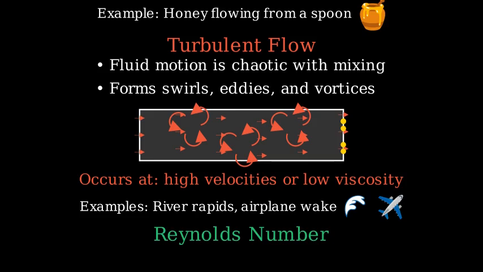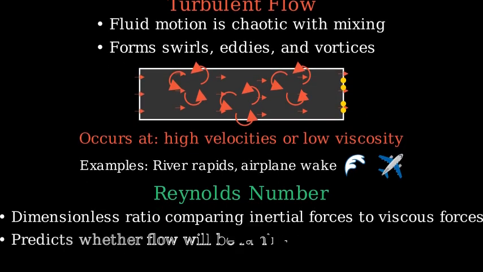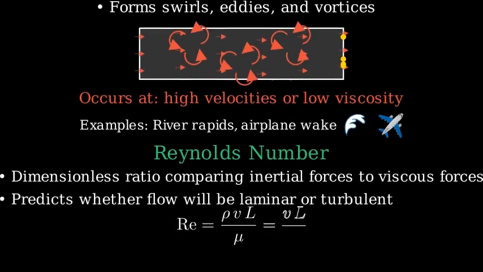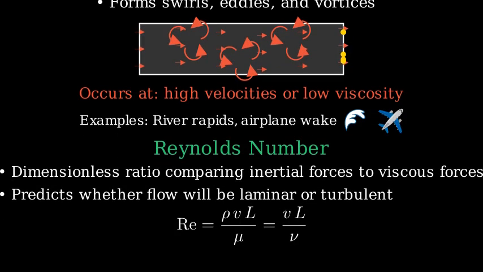So, how do we predict whether flow will be streamlined or turbulent? This is where the Reynolds number comes in. The Reynolds number is a dimensionless quantity that helps us predict the flow pattern by comparing inertial forces to viscous forces in the fluid. The Reynolds number is defined by this equation, Re equals rho VL divided by mu, or